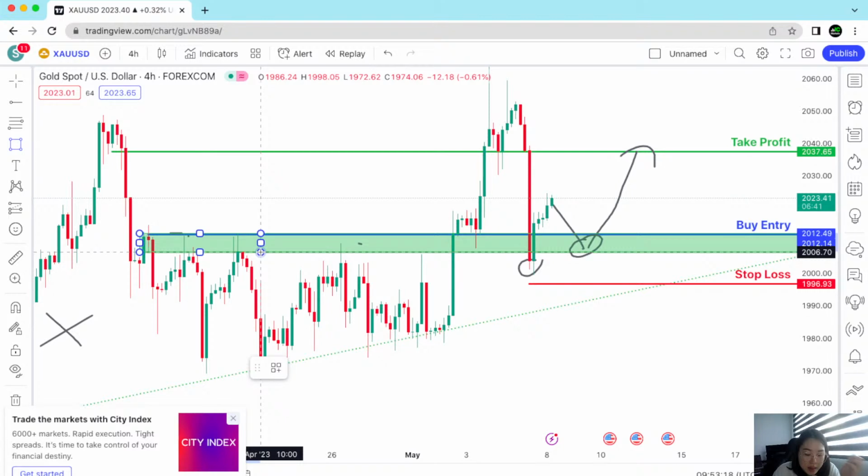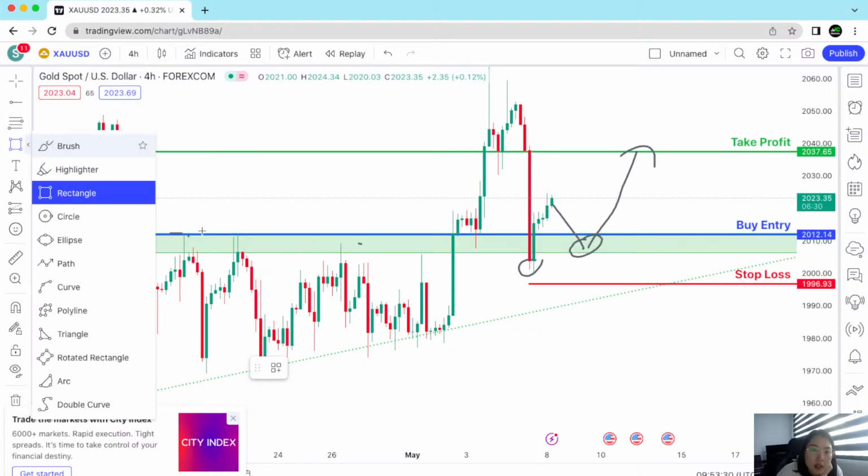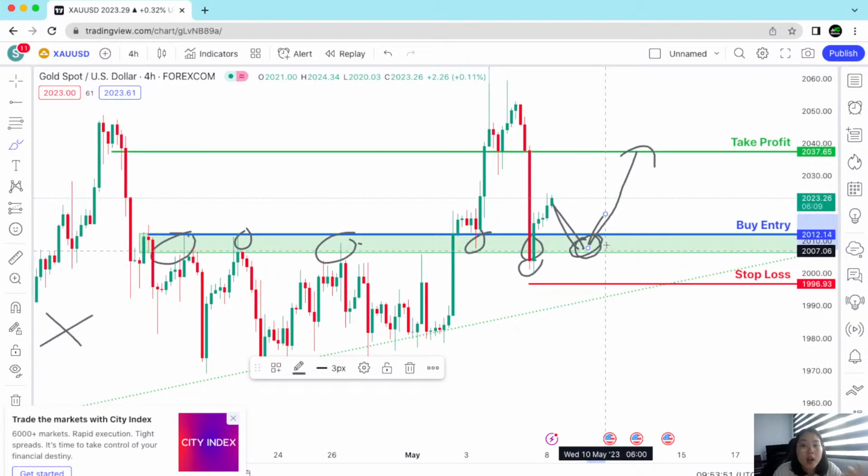I hope the narrowed down range is the correct range based on these swing highs, based on all the support here, based on price rejecting this area 1 time, 2 times, 3 times, 4 times, and kinda like the 5th time. So I'm hoping it comes back, does a very nice rejection for the 6th time, and then continues up. This will be the best case scenario. We would all make profit. Sorry, not we will all make profit.